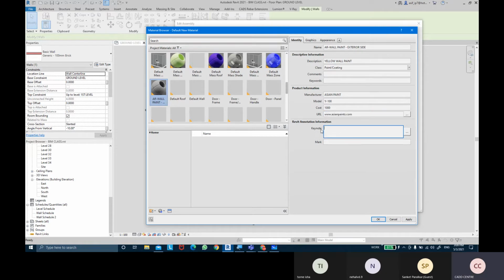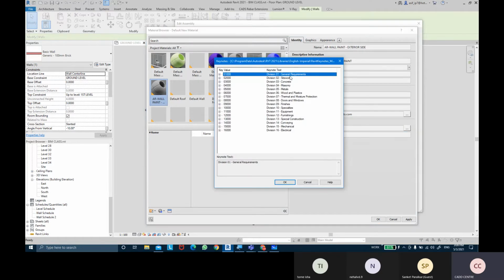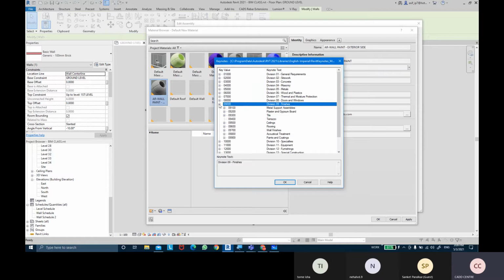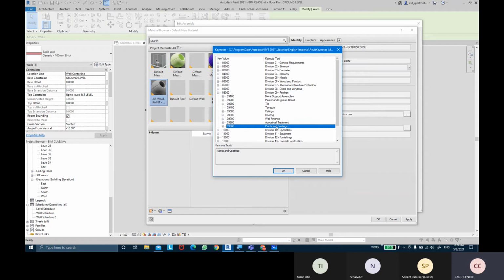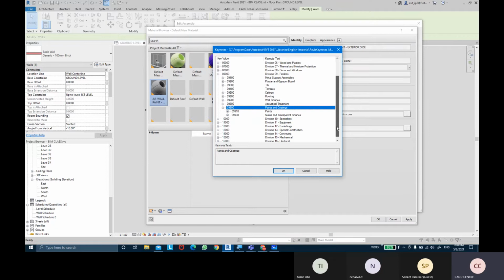For the keynotes, we can click on this three dotted button and search for any finishes materials. So we're going to take finishes, and what sort of finishes is there? We can select paint and coating. Select that, and we're just going to take paints, and paint finish.